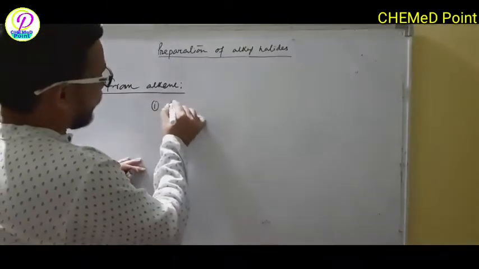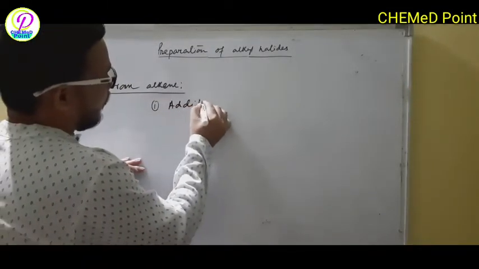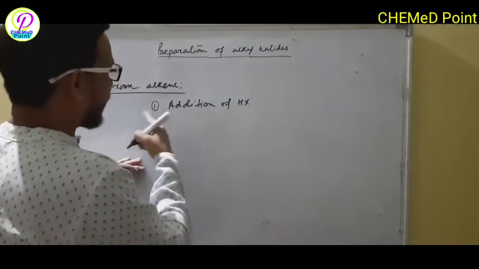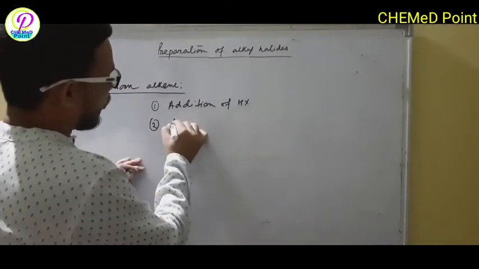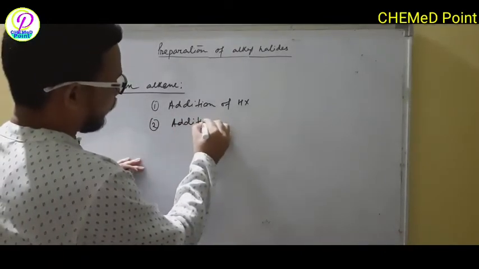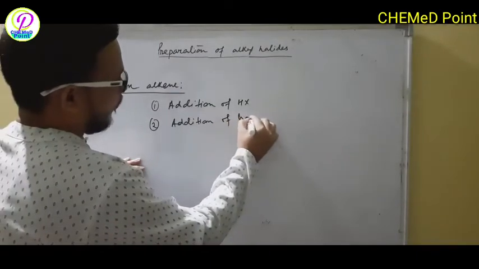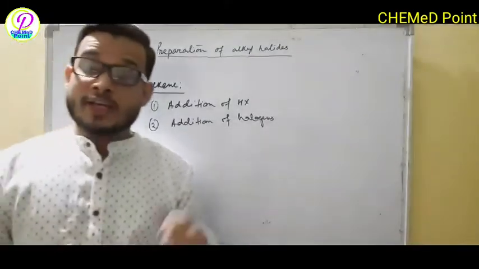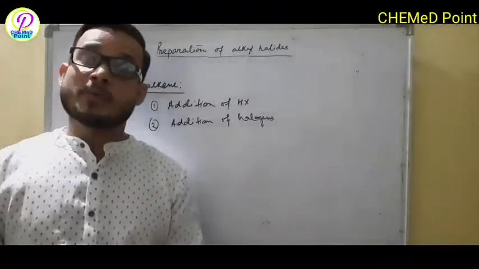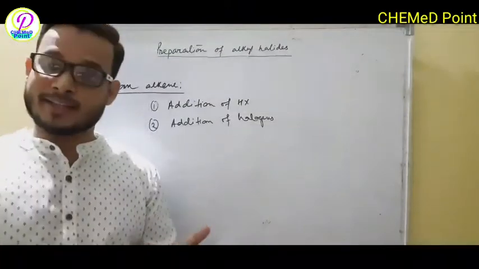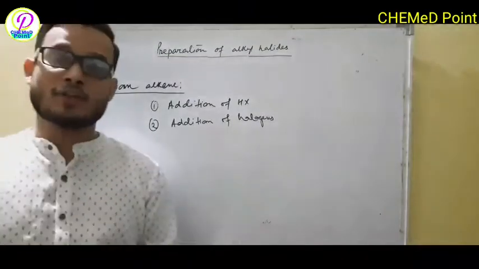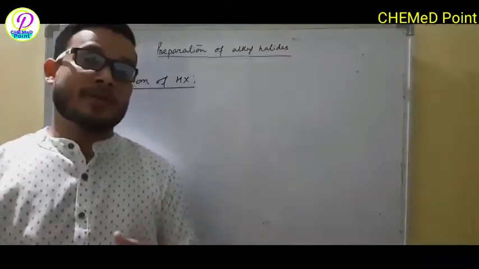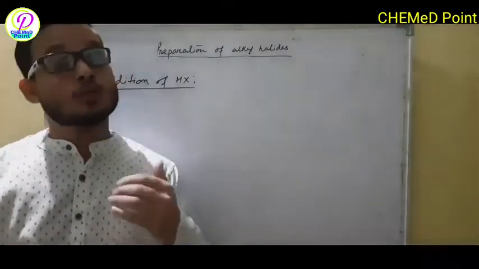That is, addition of hydrogen halide to the alkene molecule and addition of halogens. So here we'll see alkyl halides can be prepared by addition of hydrogen halides to the alkene molecule and addition of halogens. Now we'll see how alkyl halides can be prepared by addition of hydrogen halide to the alkene